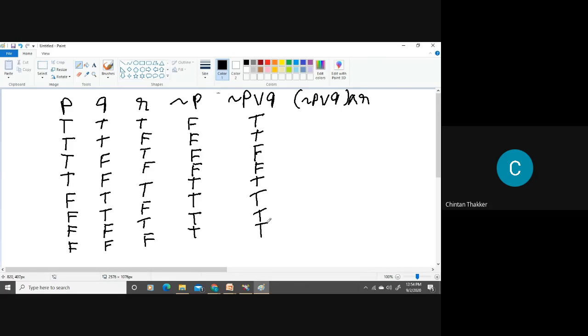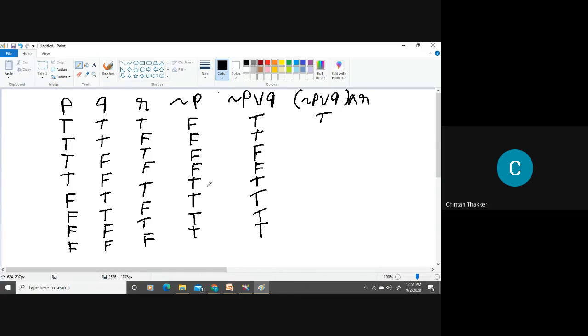Okay. Now here we have the and statement. So we have to verify these two columns, where both are true, this is true. So in the first row, both are true.